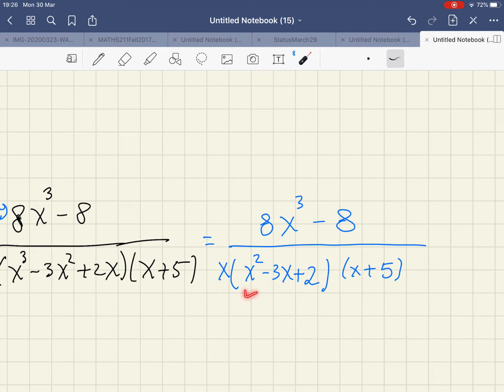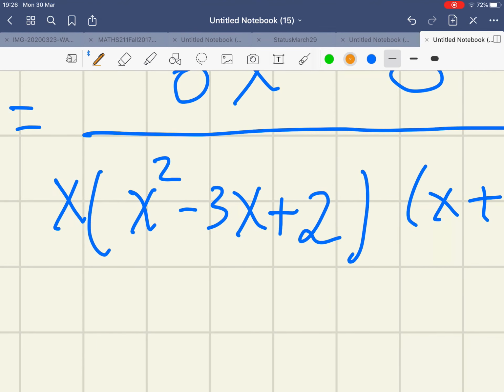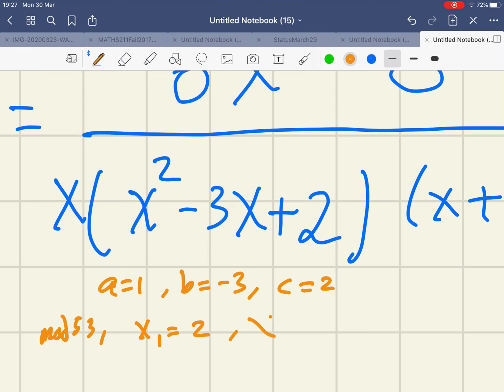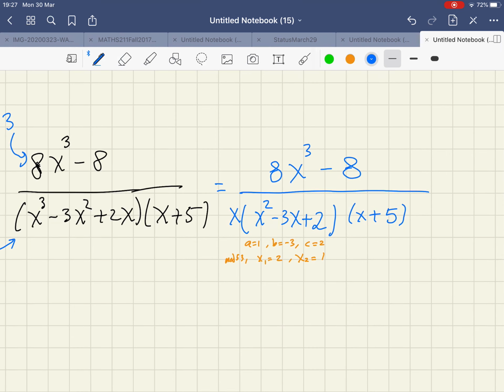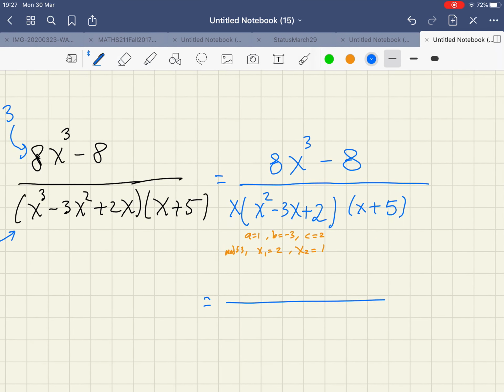Now, I'm asking myself, can I factor this one? Well, use mode 5(3) on the calculator, that's the best idea. At least it will give you an idea if you can factor it. A is 1, B is -3, C is 2. If you do it in your calculator, mode 5(3), you will get x1 equal to 2, x2 equal to 1, I believe. And so, how do we factor it if we get x1 and x2? I think the idea is very easy. You just need to go there and do the factorization,